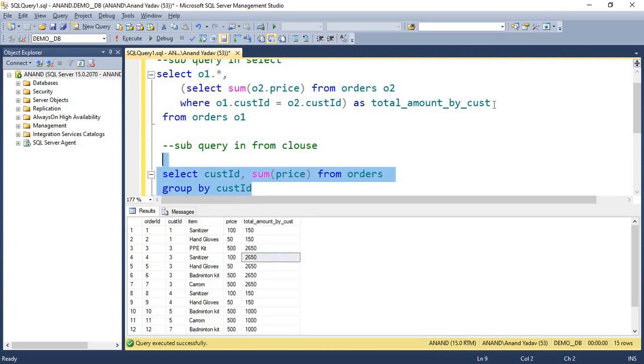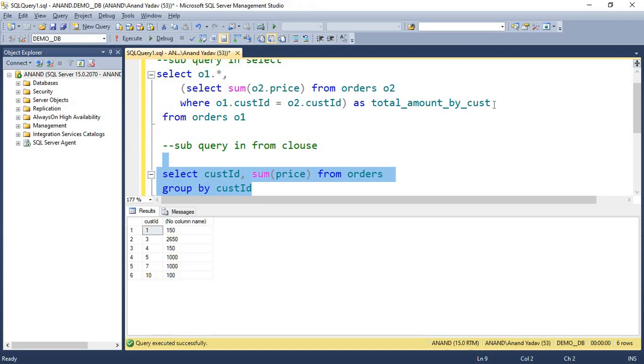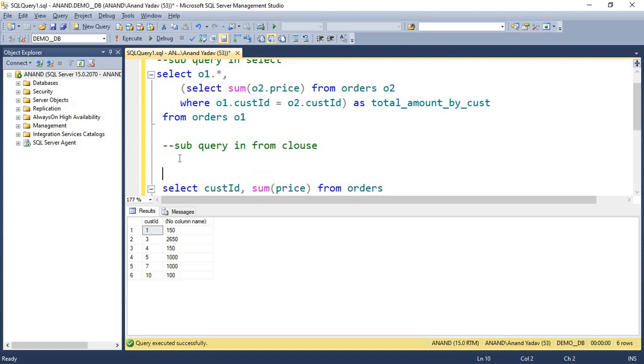This will return an output like customer ID equal to 1 has spent 150, customer ID equal to 3 has spent 2650, and similarly for the others. Now we wanted to retrieve only 2650 as output, and we can do that with the help of a subquery.